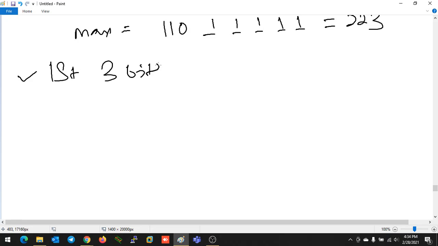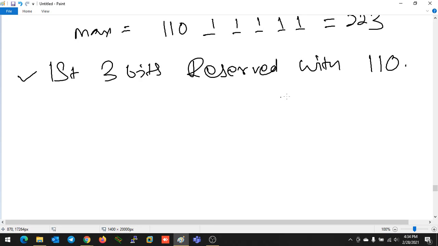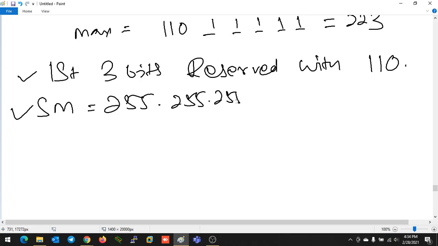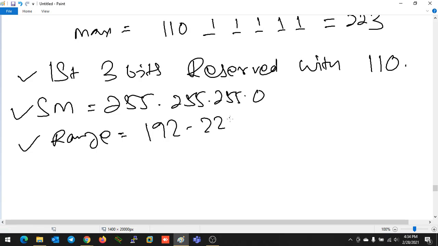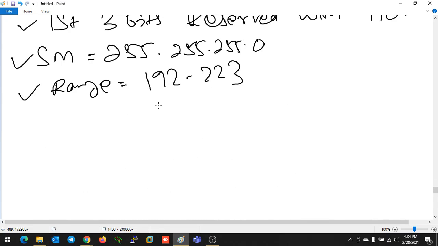First 3 bits reserved with 110, its subnet mask is 255.255.255.0, and the range I already told you, 192 to 223. For class C there is nothing reserved from the class C range.